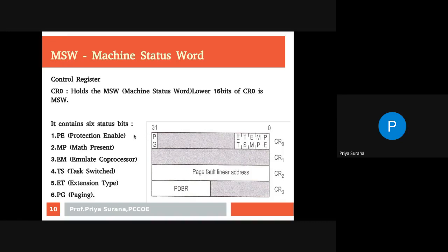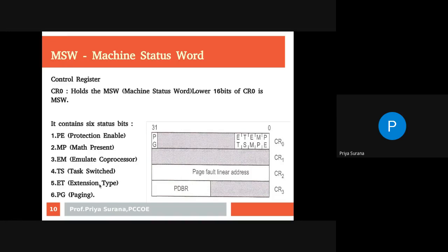So which bits are there? PE, MP, EM, TS, ET. So next we will check these bits. Just basic information we will go through, and then we will check the programming part. You are supposed to remember the long form of all these bits.